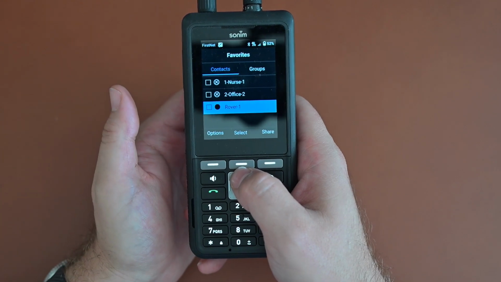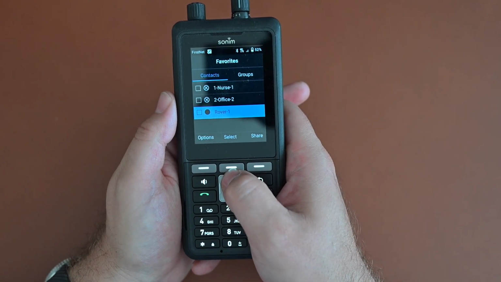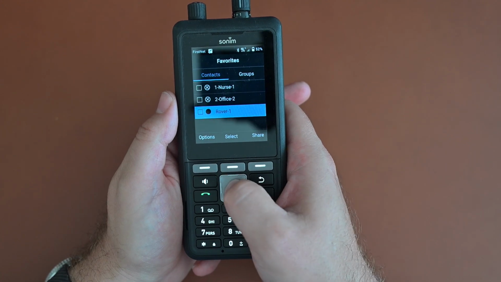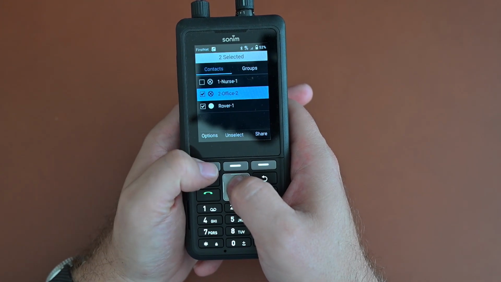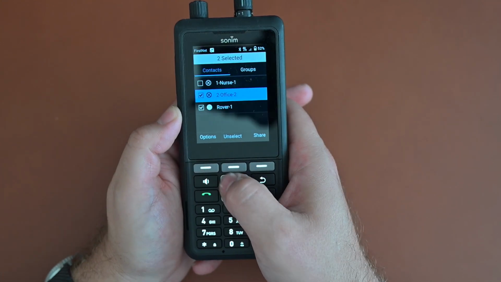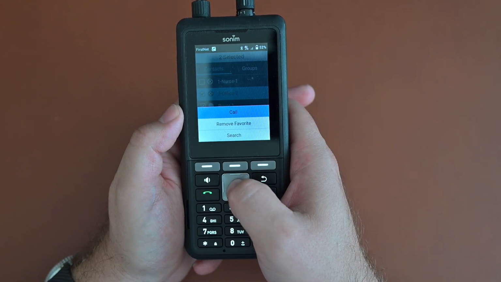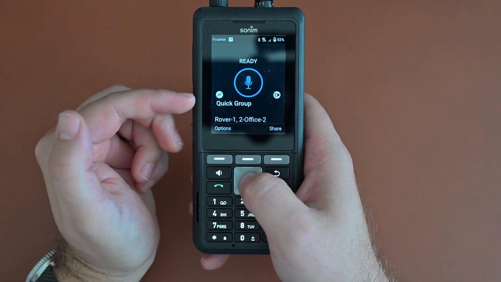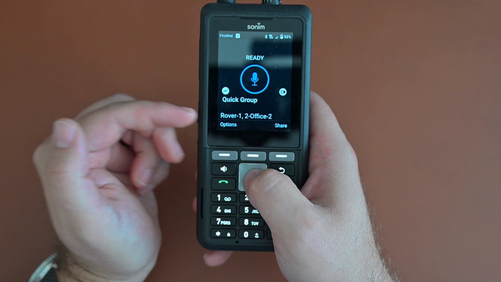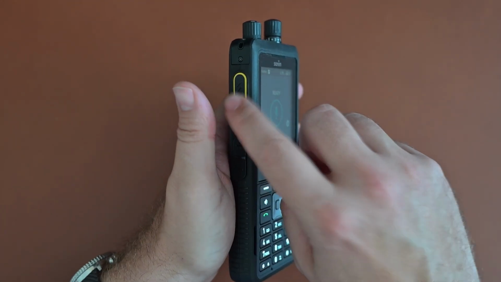So now if I wanted to place a push-to-talk call with any of these users, what I would do is select those boxes and then click on Options, and you'll see there I've got the ability to call. So let's go ahead and click on that. And you can see here on the screen I've created a quick group made up of Rover 1 and 2 Office 2. So if I push the push-to-talk button on the side of my device,